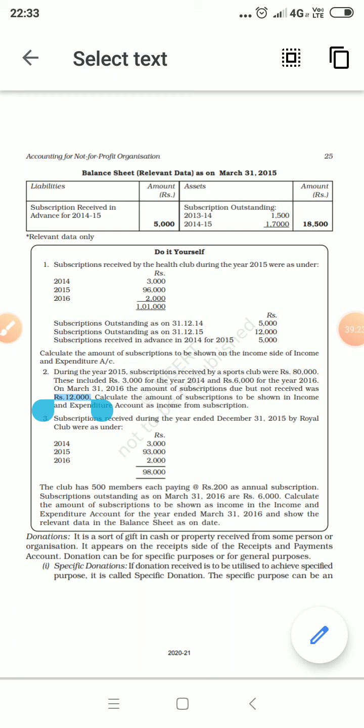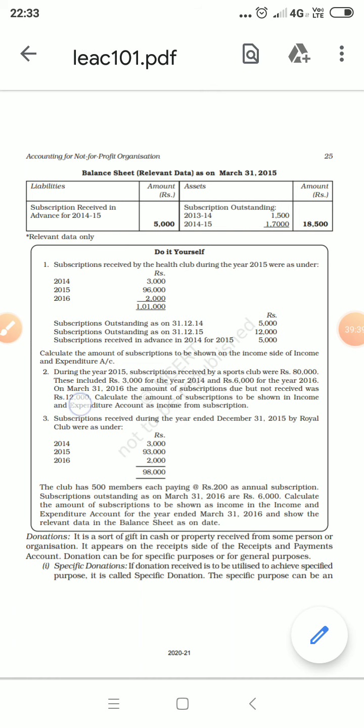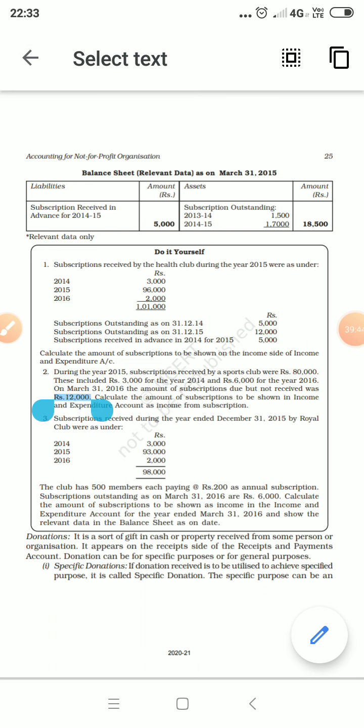So then how will we get to know these things? Whenever you have on and when you also have this amount, subscription outstanding for previous year, like that they will mention it separately. As long as it is not mentioned, the subscription for current year is only the subscription due for current year. It does not include outstanding of previous year. Okay.